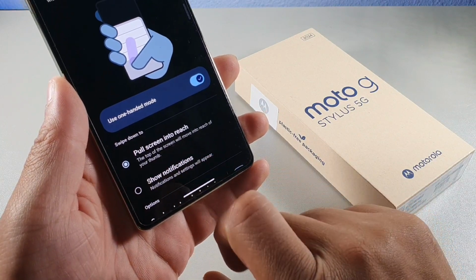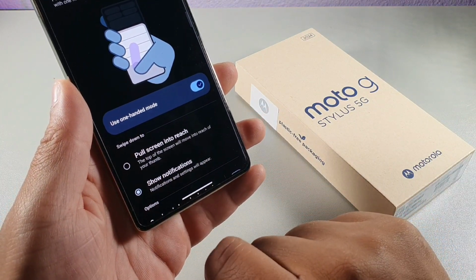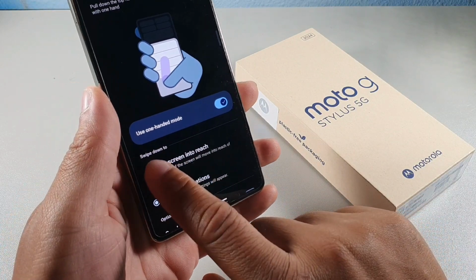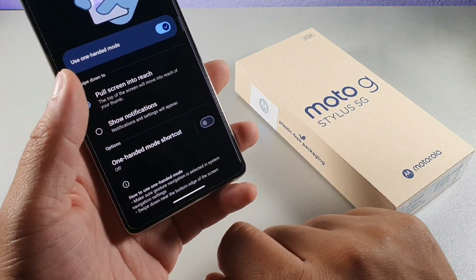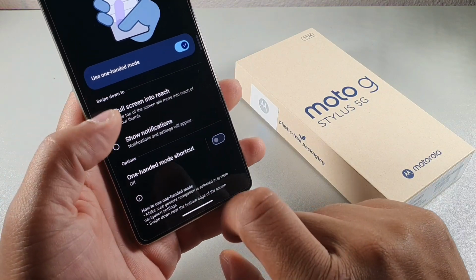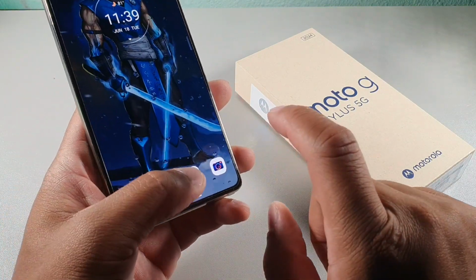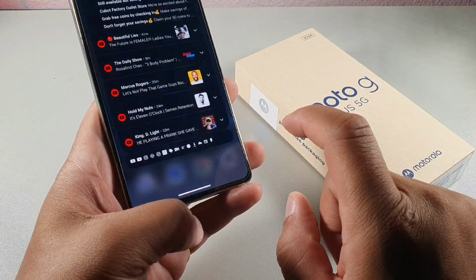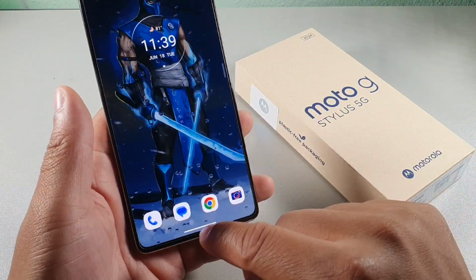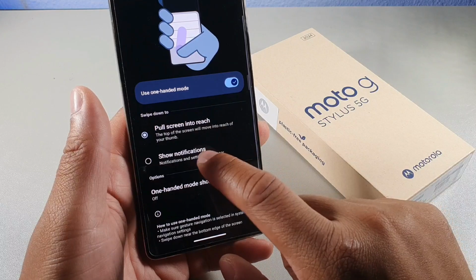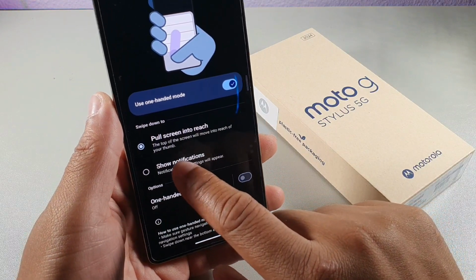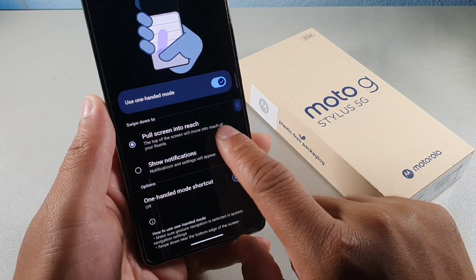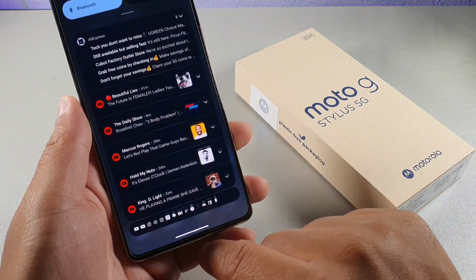You could pull the screen into reach, or you could show your notifications when you swipe from the bottom. So with one-handed, you have two different options there, and I think that's pretty cool. So let's say you want to do that now. You swipe from the bottom, and now you can see it pulls down my notifications. I have it on that one, but this one shows notifications, and this one will pull in reach. So let's try that one,